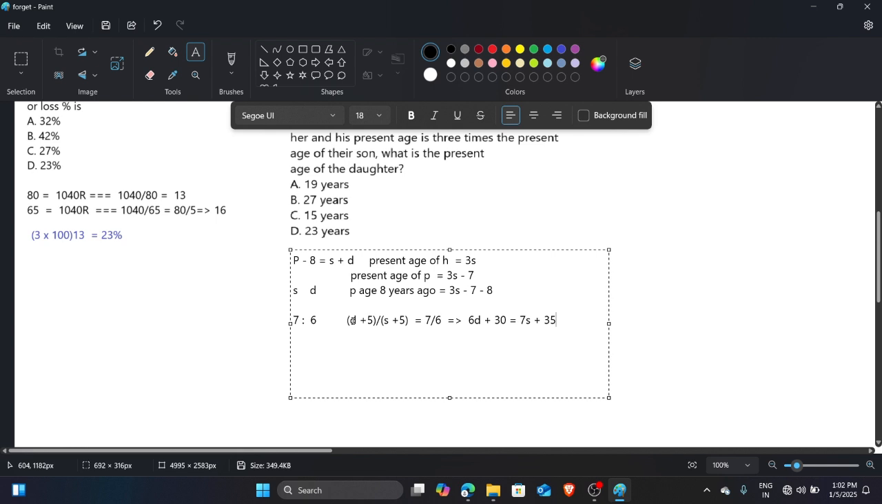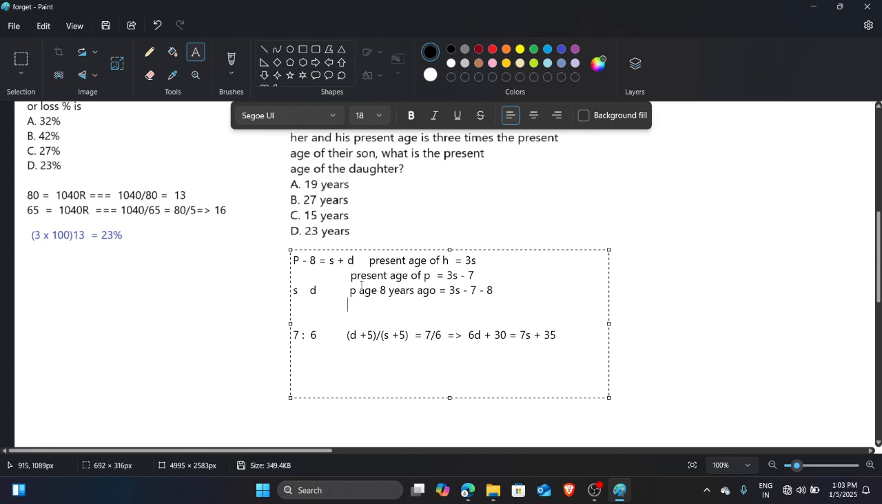One equation we already have. Okay, that is this one. This one equation we already have. Okay, this equation we already have it. So from this equation we can see that